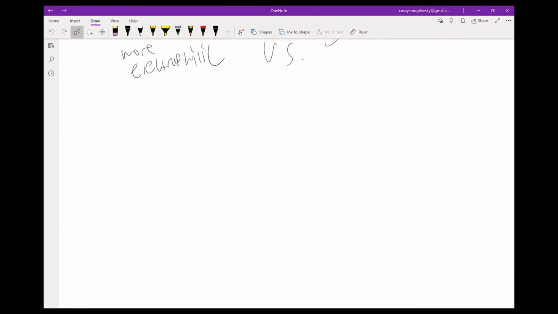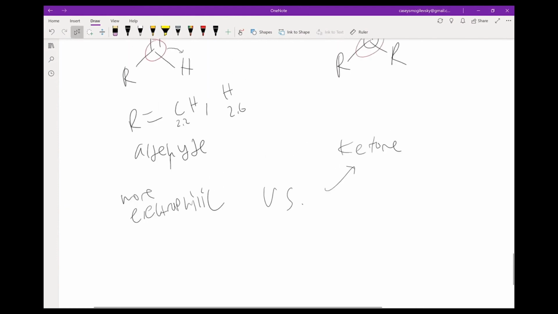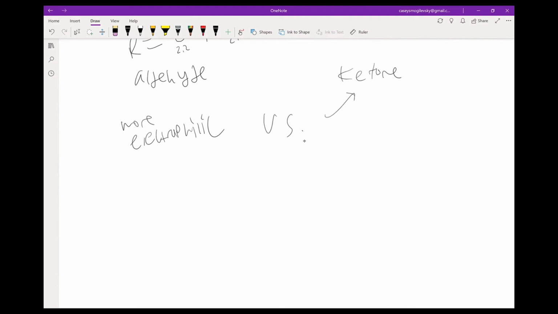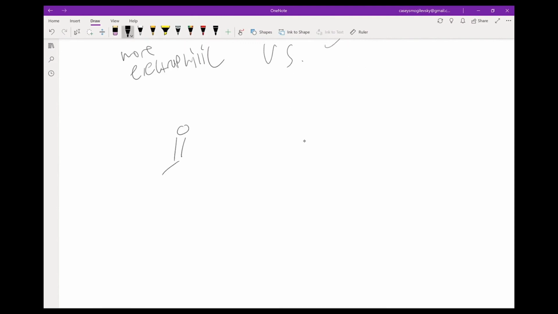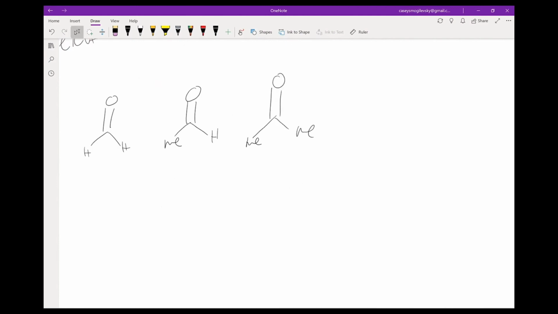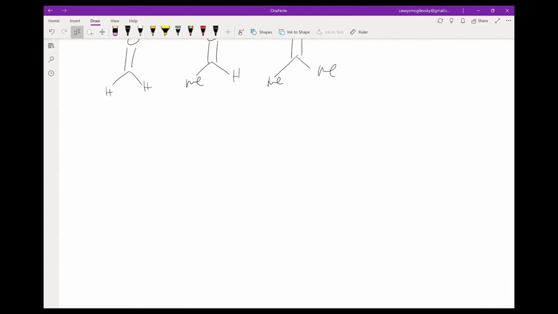To give a particular example of this, in terms of making the hydrate of a particular aldehyde or ketone, if we were to draw a few of the examples, so let's say formaldehyde, acetaldehyde, and acetone, if we wanted to do the respective reactions where they form the hydrate, which is the nucleophilic attack of water,